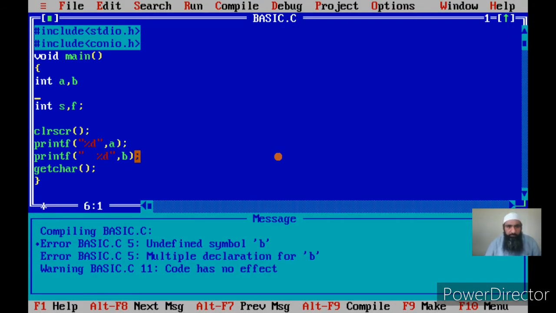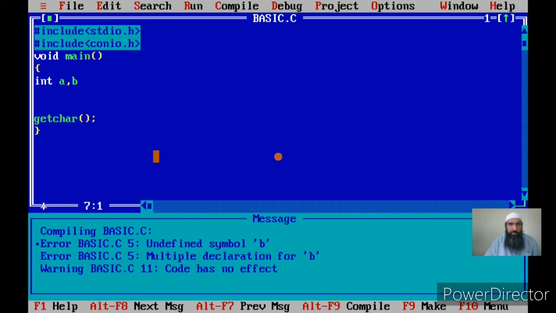Now, I told you we can give variable names as meaningful names. Suppose I store the salary of an employee, the amount of salary, in a memory location. I say salary of employee.